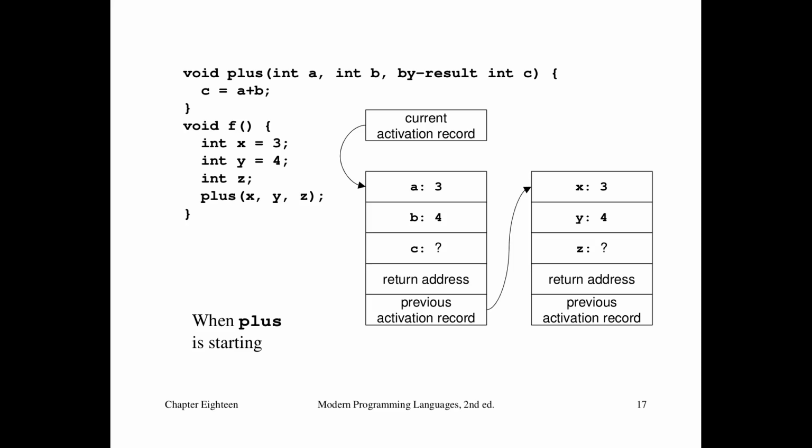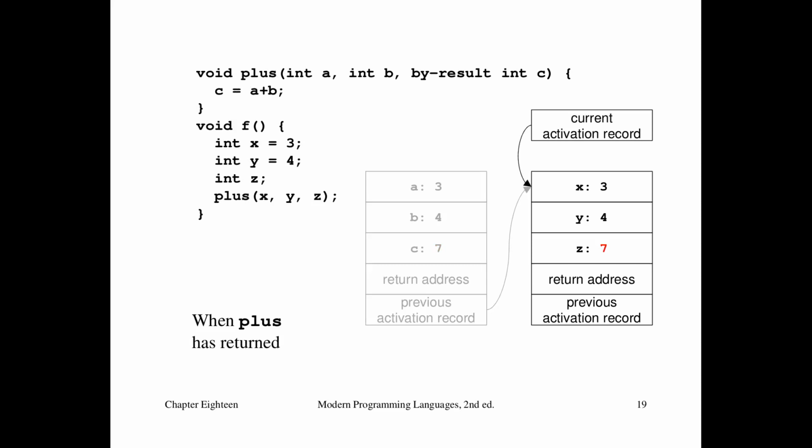So we copy in the value for X into A, so that'd be 3. The value for Y into B in plus, and that would be 4. And then C is unknown, right, because that's going to be our holder for our value. So what's going to happen is we're going to add A and B together. That'll give us the value of 7, and we're going to store that to the location for C. And that will actually be the same as the memory location for Z. So when plus is about ready to return, we've updated the value of C to 7, and then when it does finally return, Z now stores the same value that C had, which is 7, right? So that value gets copied out and back to the provided